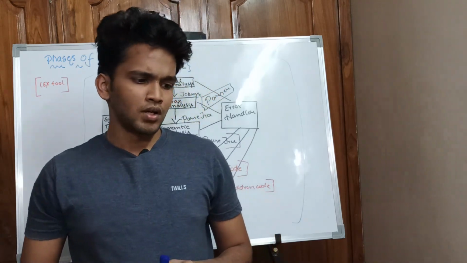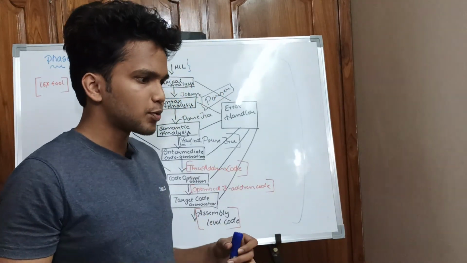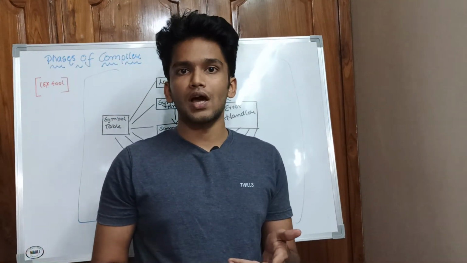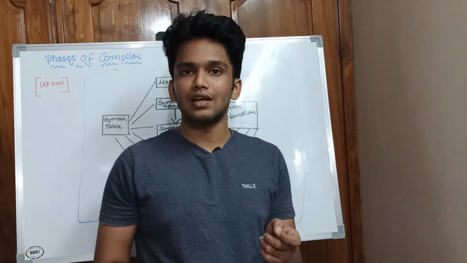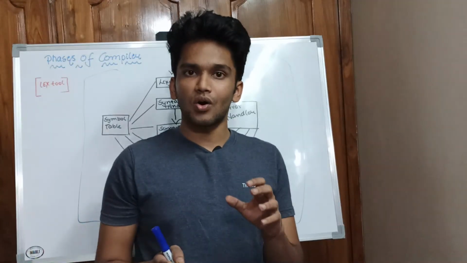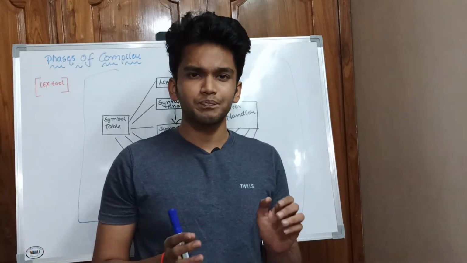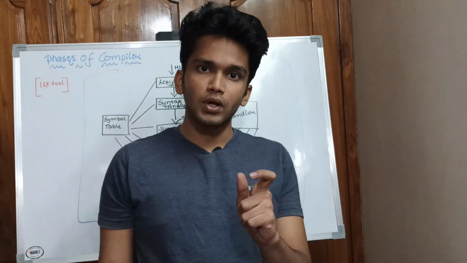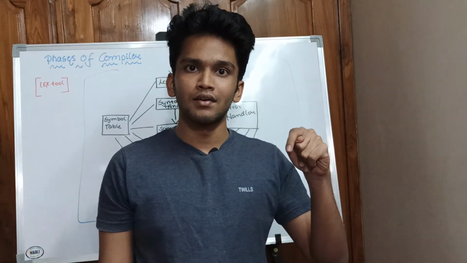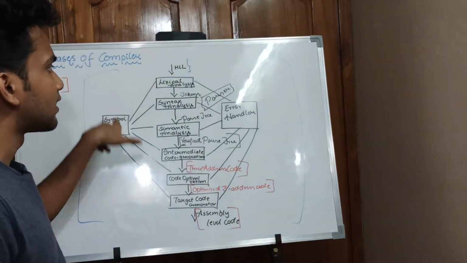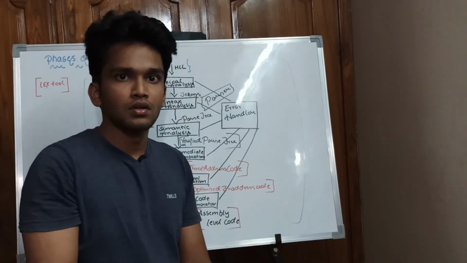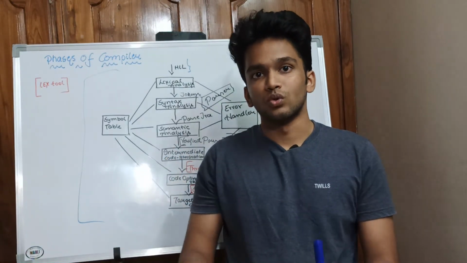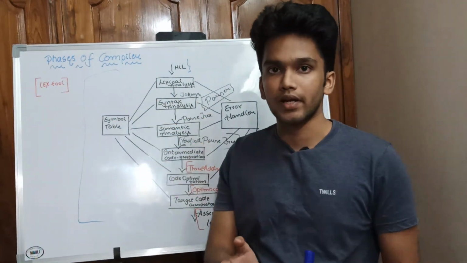In the first video we discussed that a preprocessor removes the preprocessor statements and gives a pure high level language without any hash includes, but the content of the files is included in the source code that we type. That pure high level language goes into the compiler. This is a compiler diagram. Consider a rectangular box as a compiler, divided into 6 phases. These are the 6 phases of the compiler.